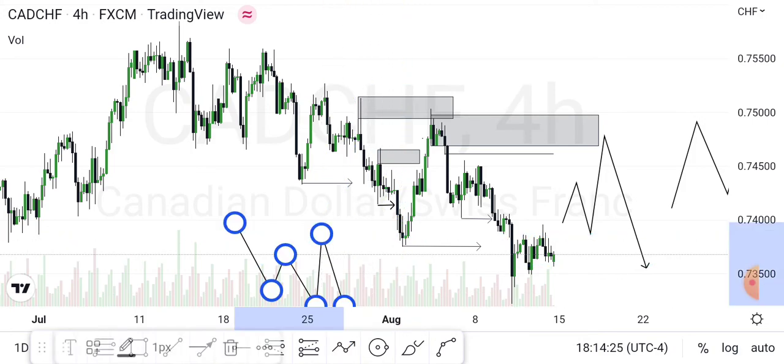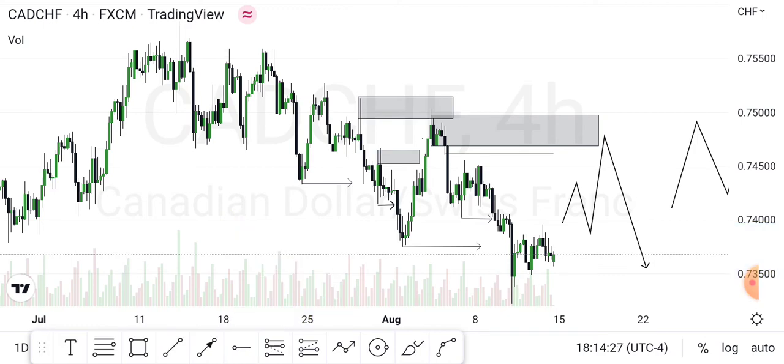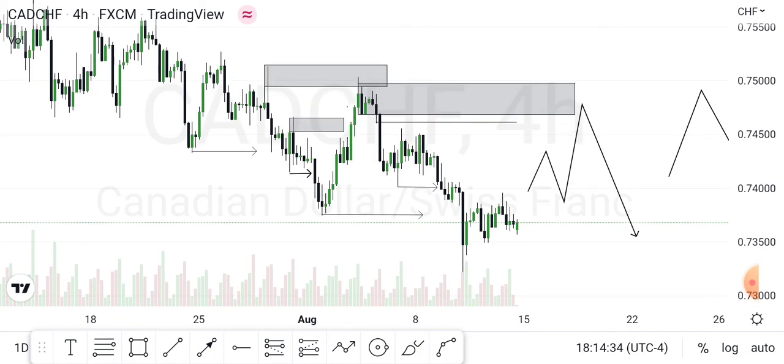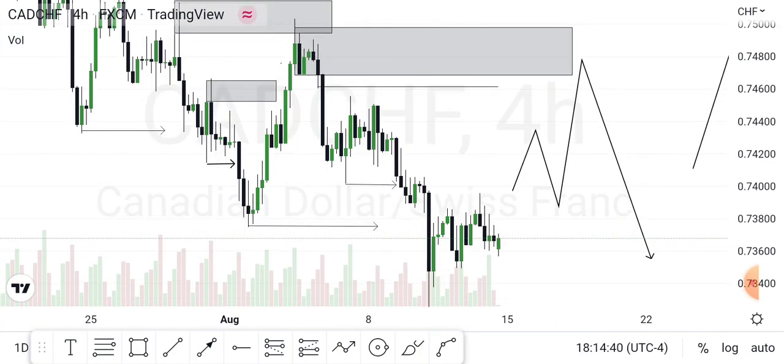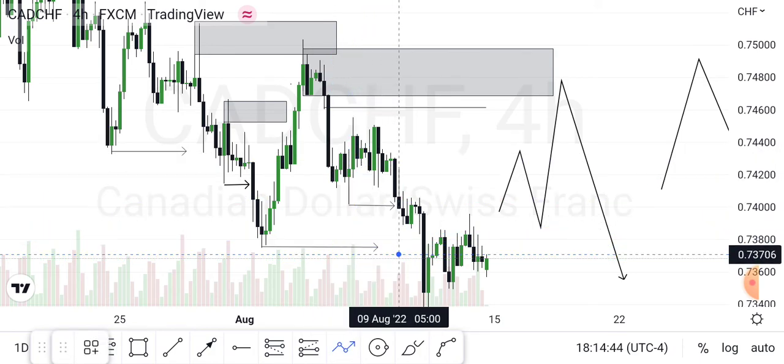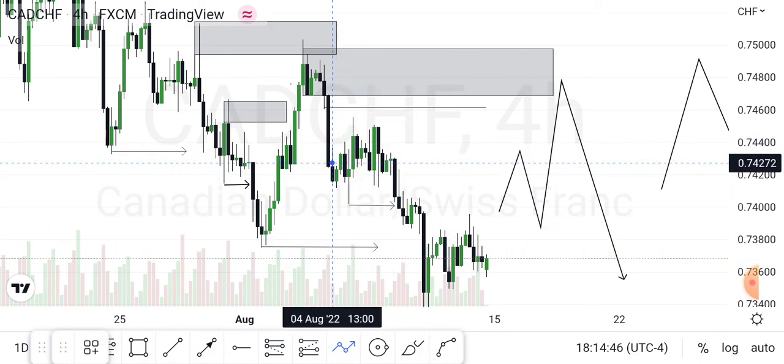So hope you understand this, guys. So this is what I just want to show us. This is the difference between inducement and liquidity. So it will always cause you to take the wrong action. Yeah, so same thing happened here, guys. Same thing here. As you can see, we see the break of structure to the downside, and look at this, guys.